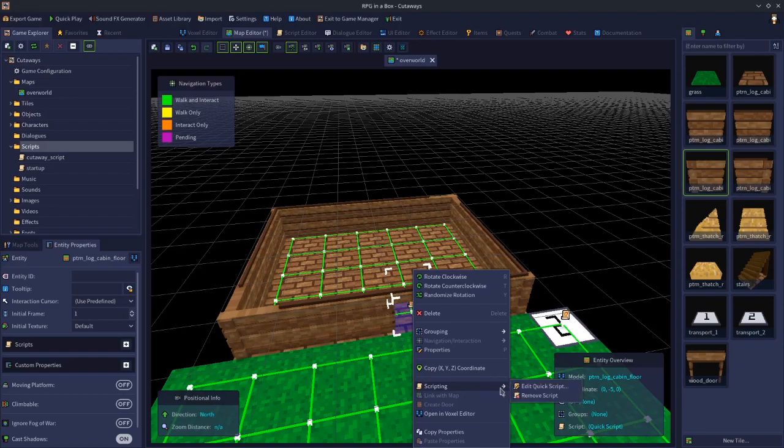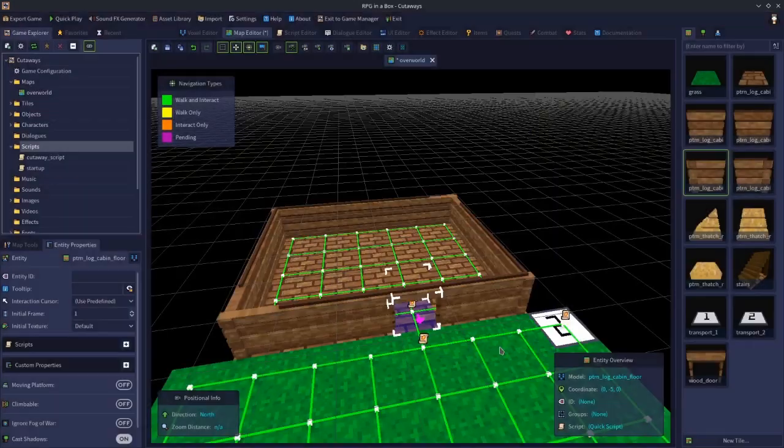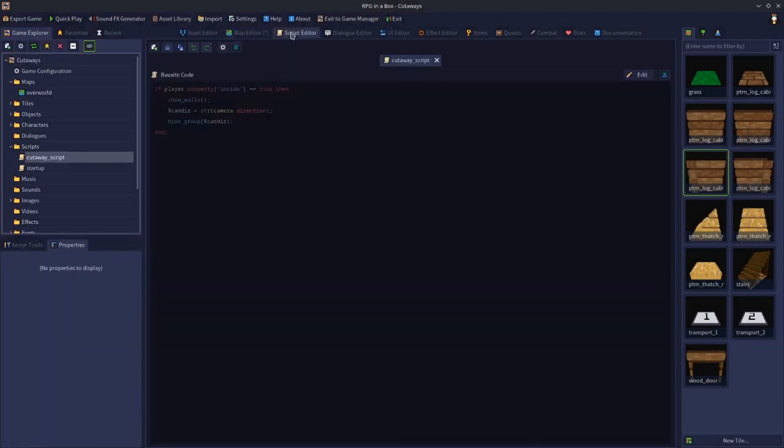edit the quick script we set on it, and on the line below here, we're going to type execute script, and then in quotes, cutaway script. What that will do is just trigger our script manually. That will then remove the relevant wall based on the direction that we're facing when we enter the building,